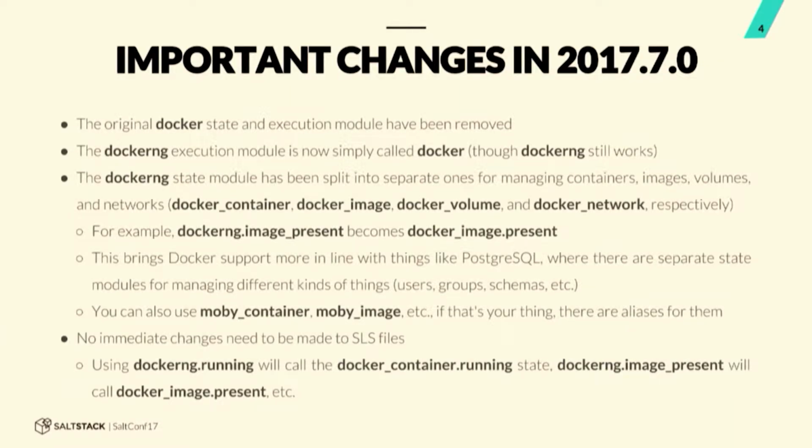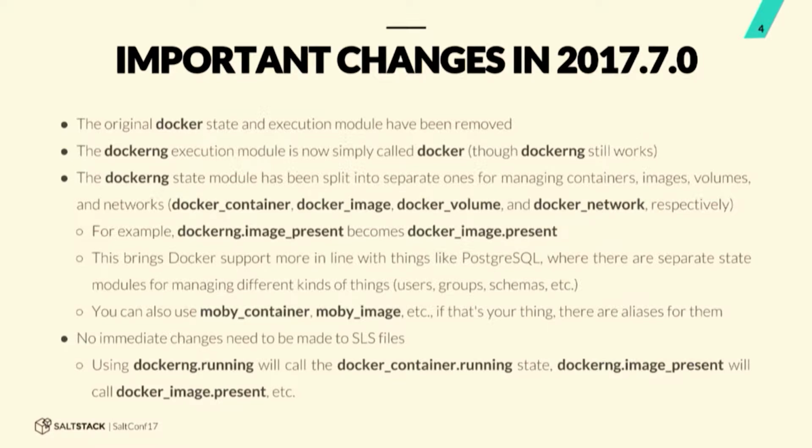So we have a number of important changes that are specific to 2017.7, and when I talk about how Salt's support for Docker works, it's going to be in the context of 2017.7 and later. So later on when I describe how the internals of some of the Docker states work, those explanations will be specific to 2017.7. Just FYI. So one of the important things for 2017.7 is that the original community submitted state and execution module